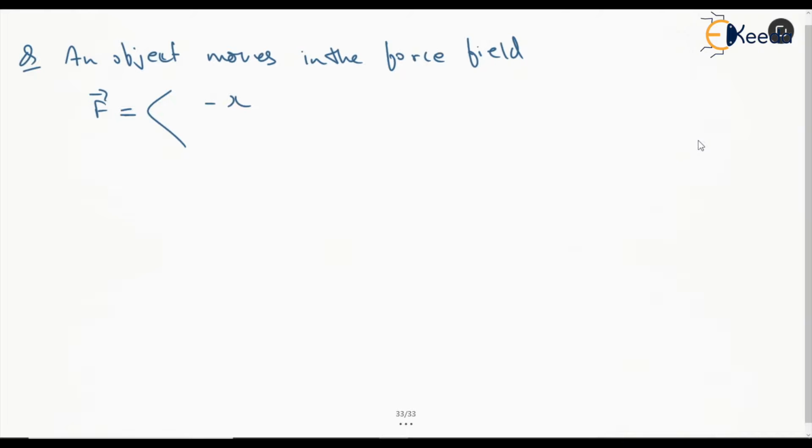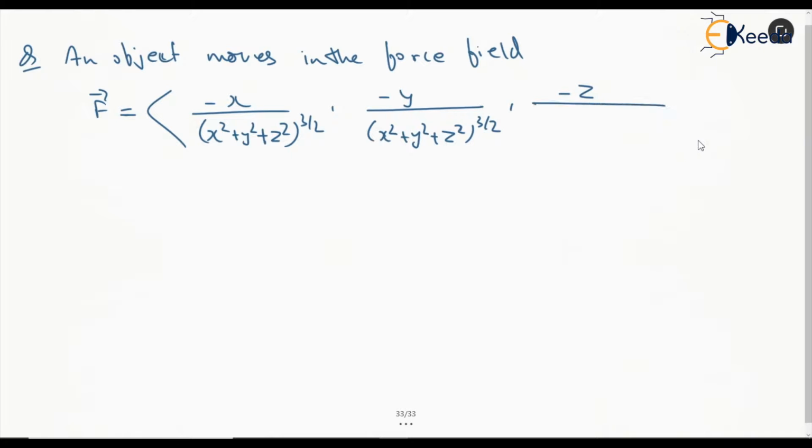minus x by (x square plus y square plus z square) to the power of 3 by 2, minus y by (x square plus y square plus z square) to the power of 3 by 2, and minus z by (x square plus y square plus z square) to the power of 3 by 2,